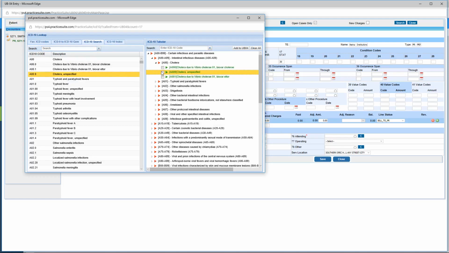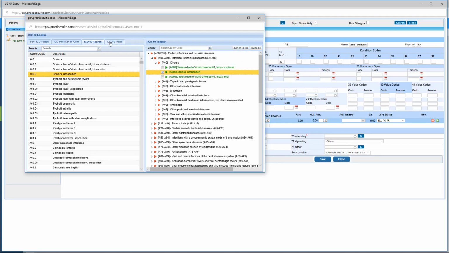Once selected, you would click to show it up for you, and then once shown, you can check the ones that you want to select and hit the add to have it added. If there are more diagnosis codes you want to add from here, you can do the next search and also select the next one. So all those will be checked, that way when you hit the add to use UB04 button, after you've finished searching all the diagnoses that you need, all of them will be added together to the UB04 charge entry